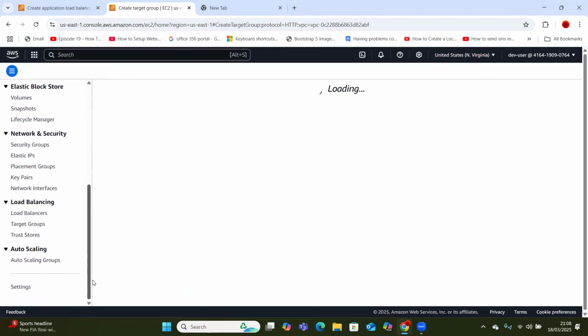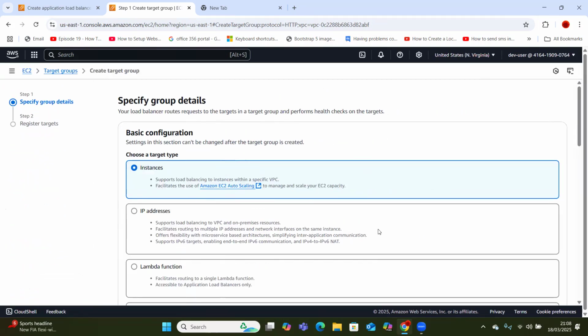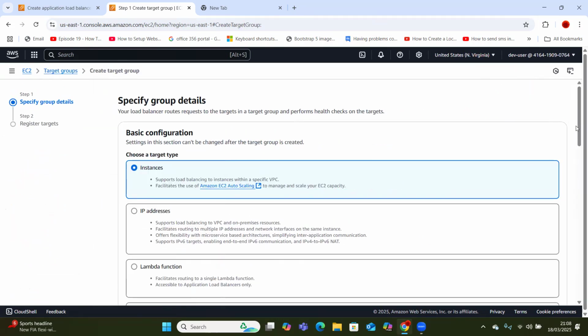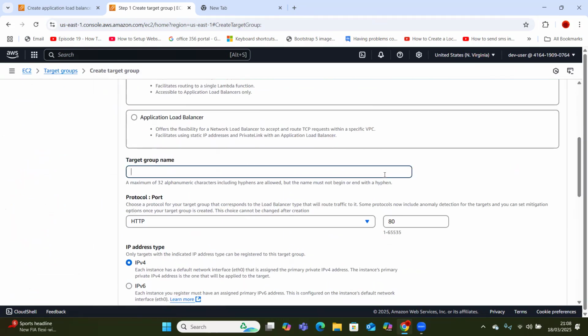Target groups, where is that? For some reason that did not go well, so let us retry. Target group name: EC2